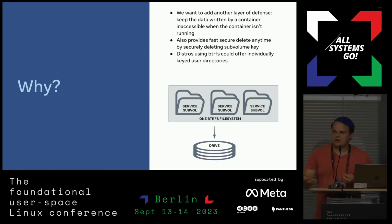As I mentioned, our goal with adding encryption to Btrfs was to add another layer of defense and to allow fast subvolume deletion by merely deleting a subvolume key. This allows us to kill off a container faster when we know that we don't need its data anymore. Distributions using Btrfs might also care about this to provide individual keys for each user directory. You could imagine, I've heard it suggested, that perhaps a distribution could send an encrypted signed image out on a laptop to be imaged